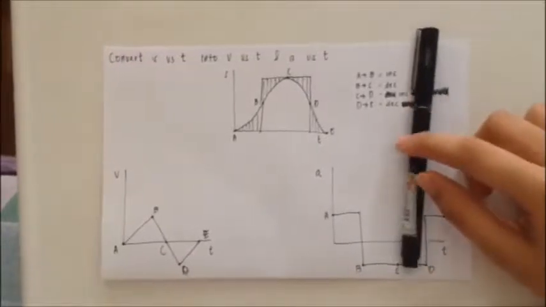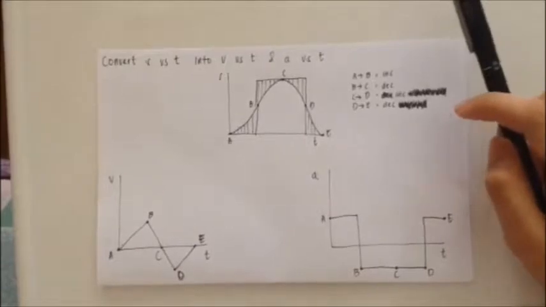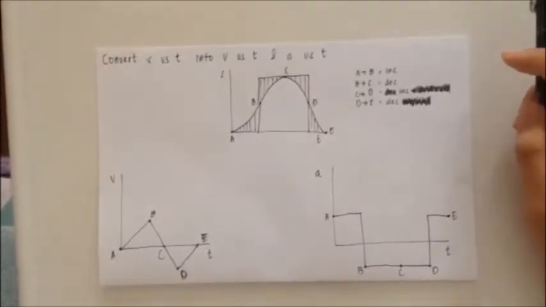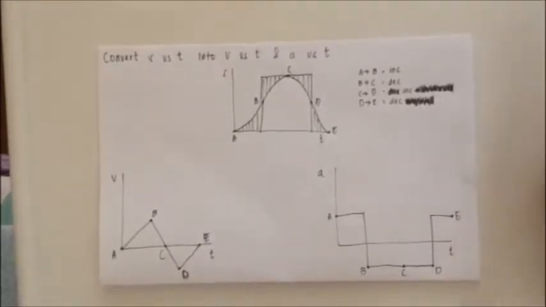So now I'm going to show you how I was able to convert distance versus time into both velocity versus time and acceleration versus time. So what I did first was I analyzed the given graph for distance versus time